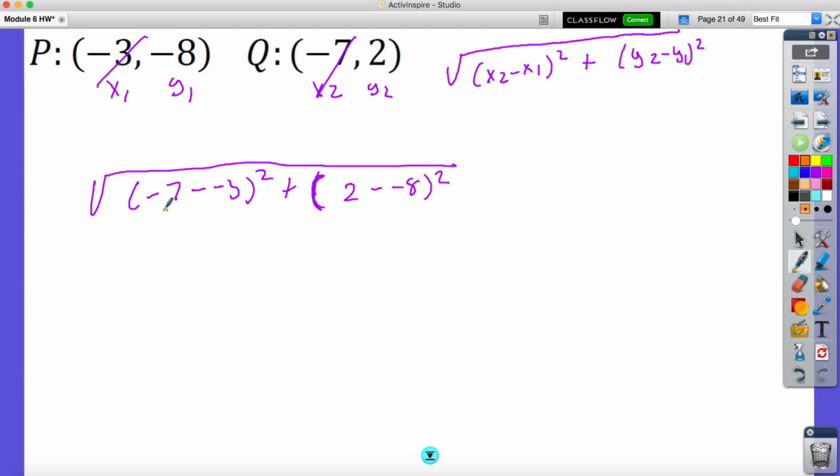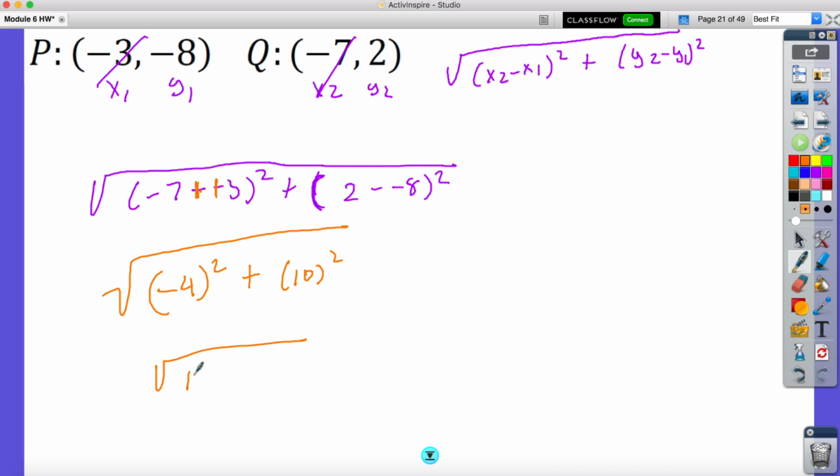So I'm going to have negative 7 take away a negative. That means it turns to plus. So negative 7 plus 3 is negative 4 squared. Plus, and then I'm going to have 2 minus negative 8, which is 10 squared. All right. So then negative 4 times negative 4